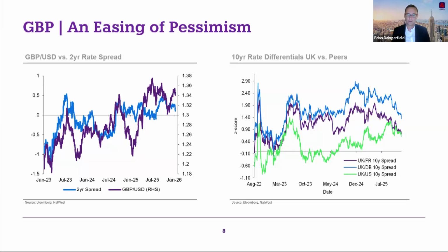But it's going to be, I think, harder yards from here for sterling because the growth outlook is still in a challenging position. I don't think it's as bad as people have feared, especially going into the budget last year, as I mentioned. But there are still concerns about the labor market. And additionally, we've moved away from acute political risks in the immediate term, but there are local elections coming up, and that could get the market a little bit more worried about potential political risks eking their way back into sterling price action. So maybe harder yards from here for sterling in the near term, but we do think sterling rallies against the dollar. That's mainly a dollar story. As I would describe it, raw dollar weakness being the driver there.